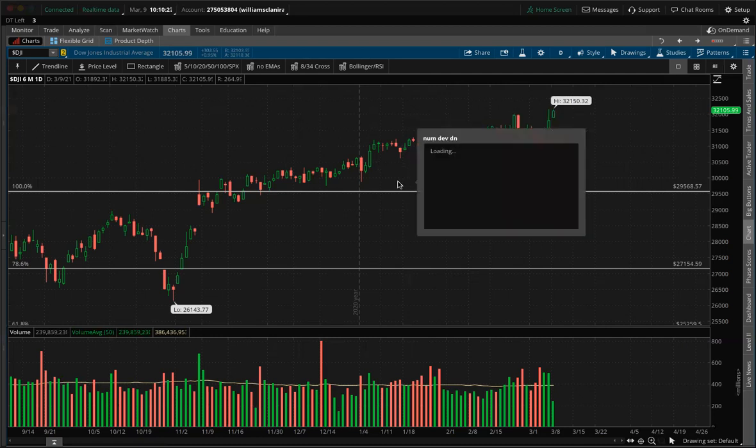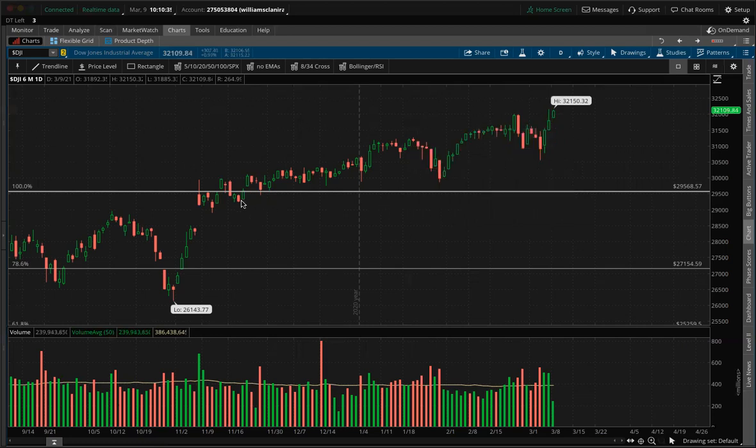And then the standard deviation is going to be a -2 and a +2. So this is the number of deviations to plot the lower band, and this one would be the number of deviations to plot the higher band. And what standard deviation pretty much is, it's a calculation of the stock's expected move, or another way of saying it, you can say the average true range over a period of time. But the expected move is